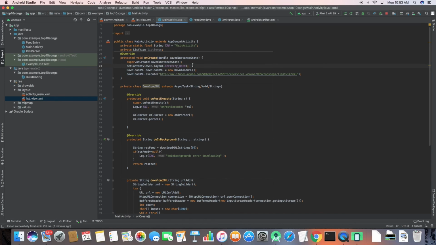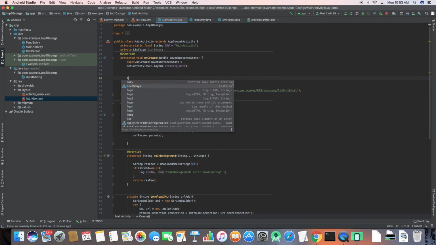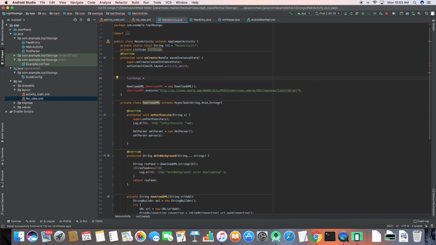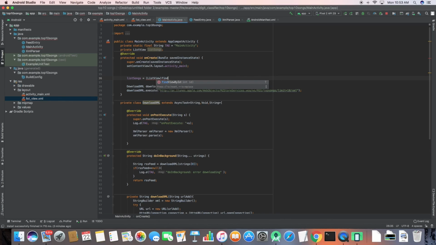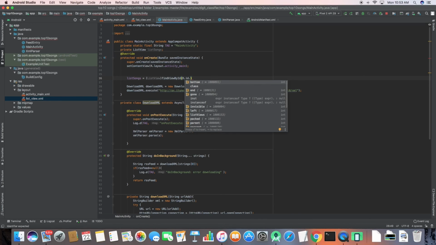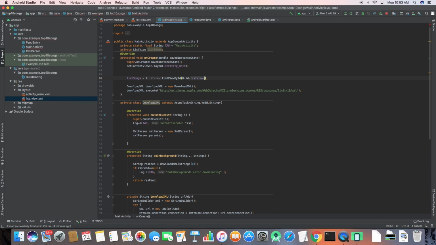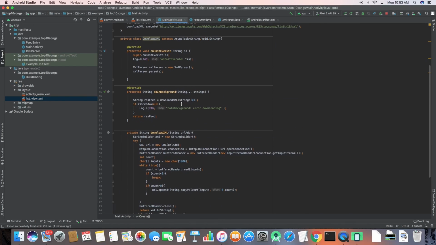We need 2 more lines of code here. So let's go to our on post execute. Let's first link our layout. So we need list songs equal to, let's name list view and find view by ID, and R dot id dot, what's the name, list views. And then press semicolon. So that's our list. And another thing we need is in our on post execute method,